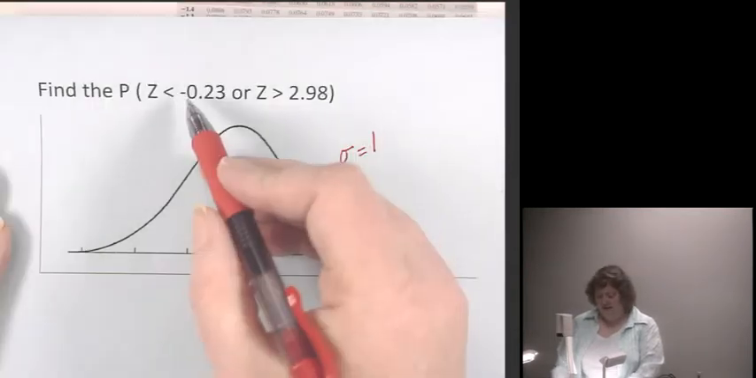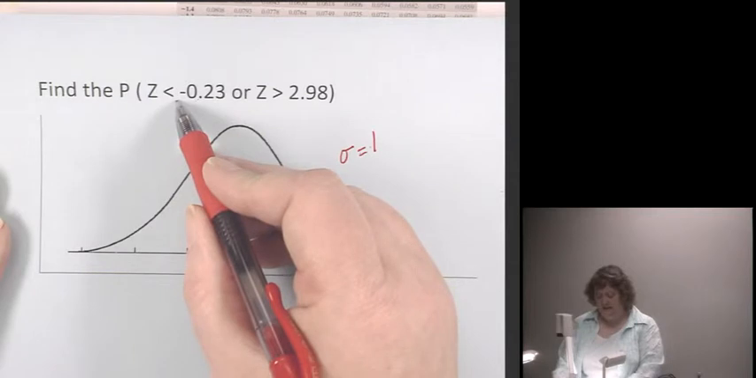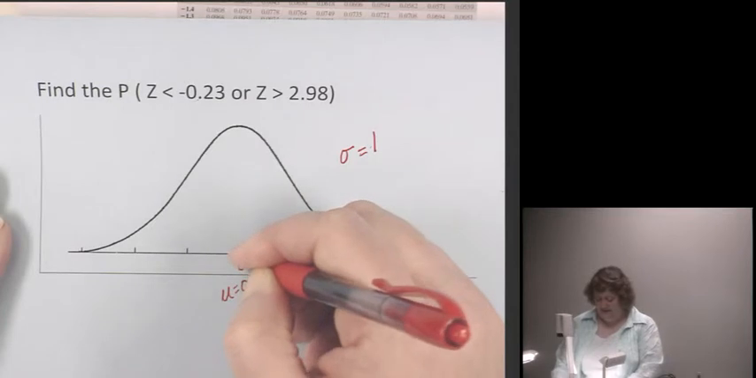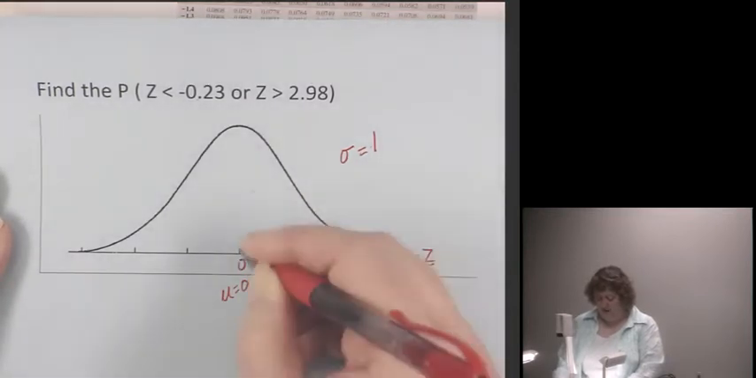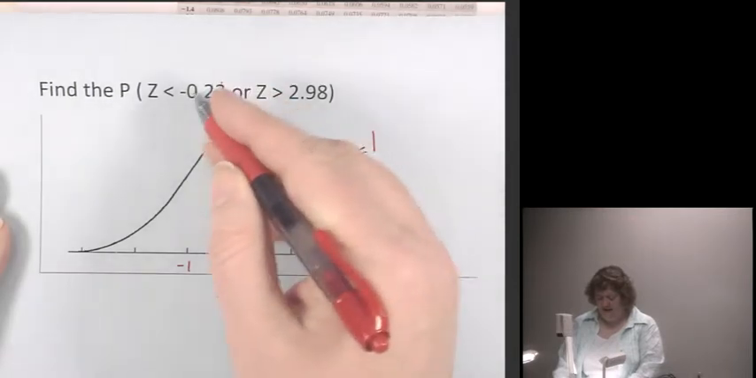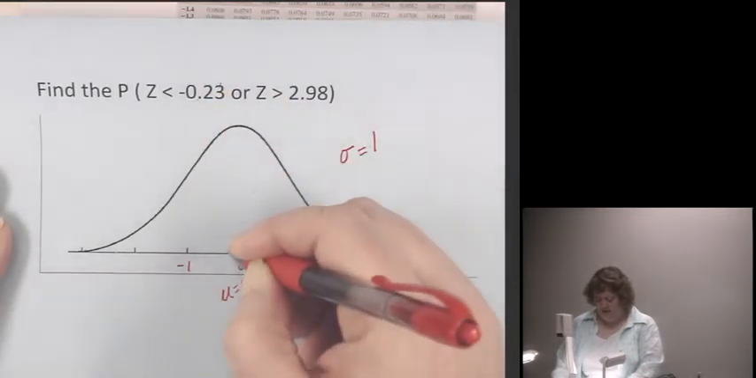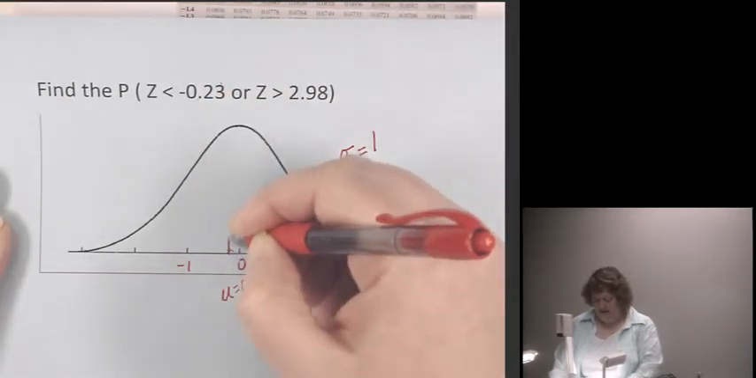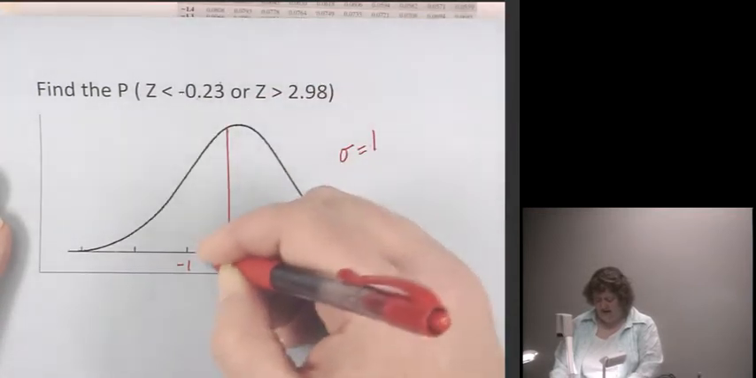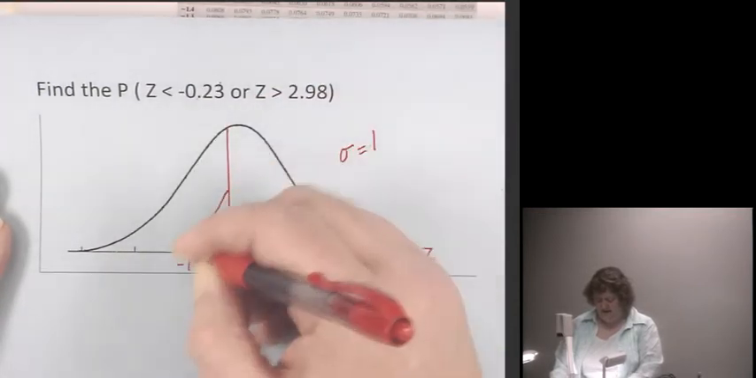As we're doing this one, we want to find the probability that z is less than negative 0.23. Since these are z-scores, that tick mark right there would be 0. Negative 0.23 would be really close, and we want it to be less than this, so it would shade all of this area